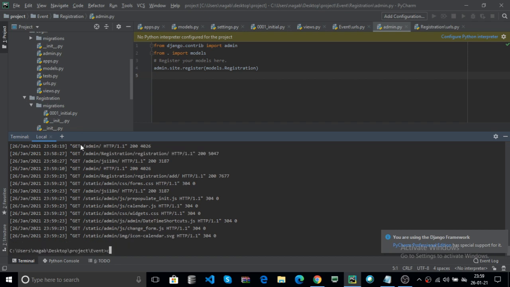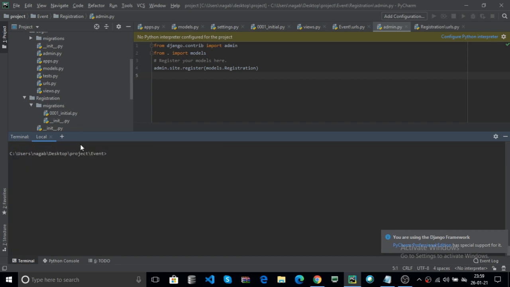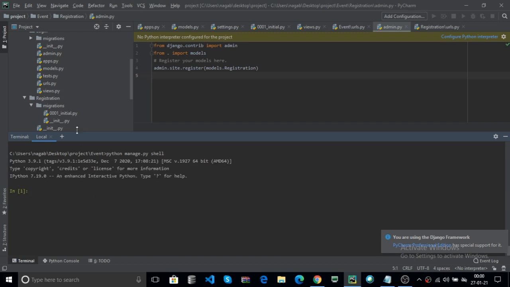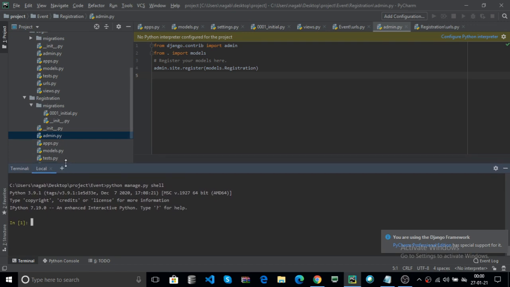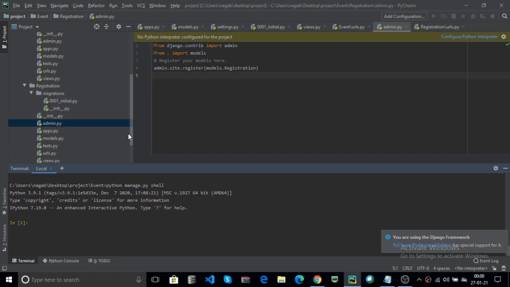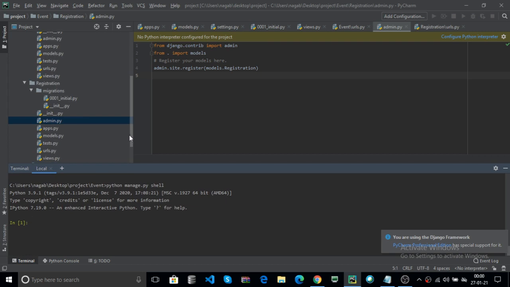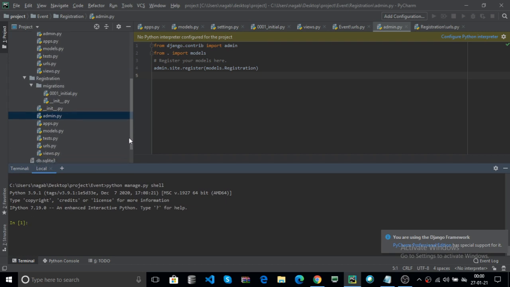Now control C, clear your screen. Here you can use python manage.py shell. It returns one shell for you. This is IPython, interactive Python. Now here you can enter data through your model. How?